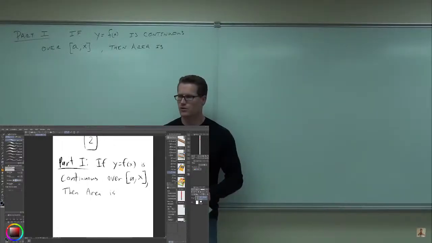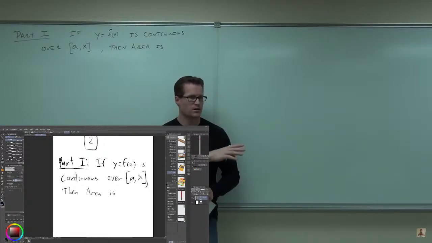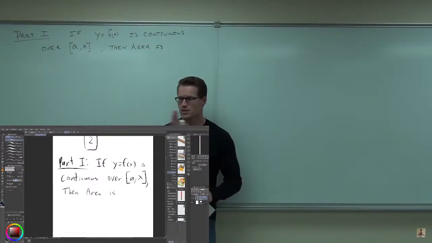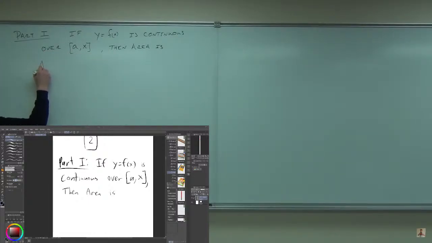So let's suppose we have this function, y equals f of x, some function, and it's continuous over a certain interval. It starts at a point, and ends wherever we want, at some x down the way. You get me on that? Some x, even changeable, provided it's continuous up to that point. Then the area is A of x. We already know that. Area is going to be some area function